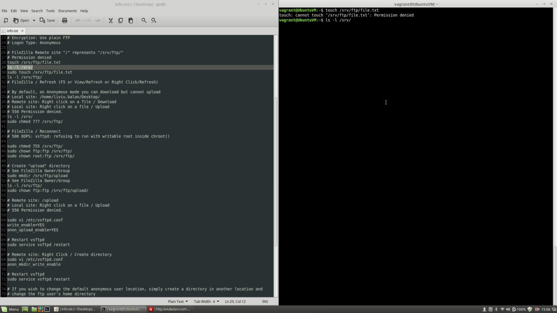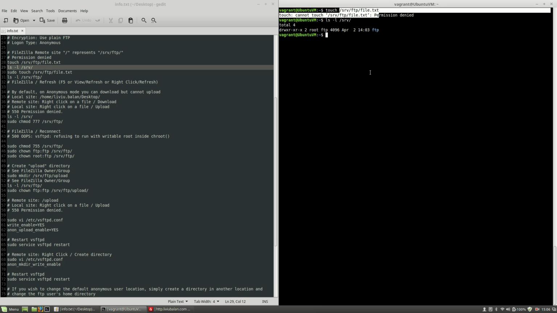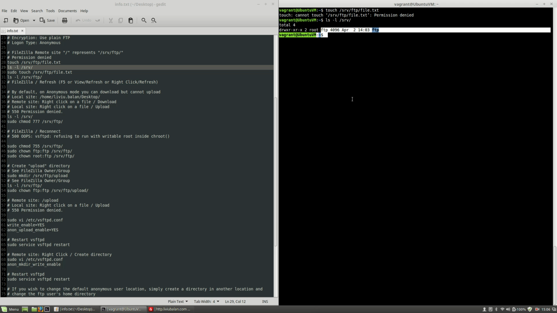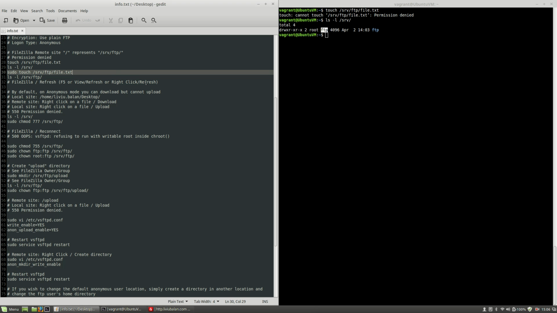If I use ls -l for the srv directory and hit the enter key, you will see that inside of this directory I have an FTP directory where I am trying to write the previous file, and this directory is owned by the root user from the FTP group. So, in order to quick fix the problem, instead of using the touch command in order to create